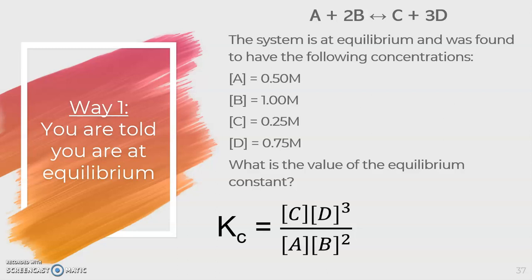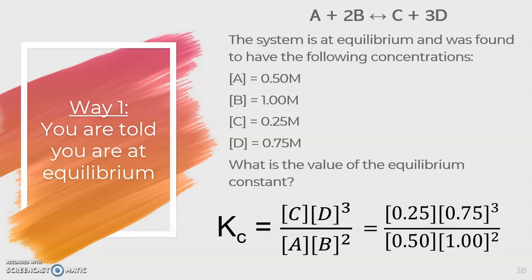Now notice, because these are built off of rate laws, we can assume that this is a one-step mechanism. The coefficients become superscripts. That's really important to remember here. It's one of the first things that's going to slip out of your mind. Time to plug and chug. So we simply plug in all the values that we were given, and then we're going to chug out an